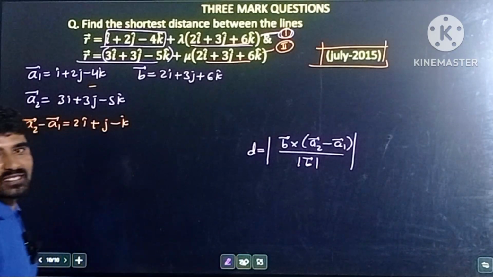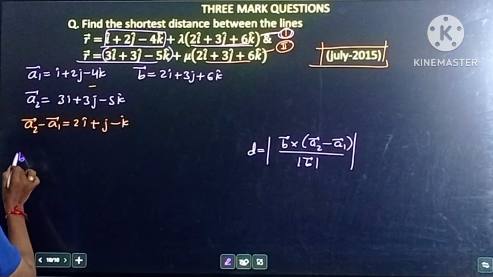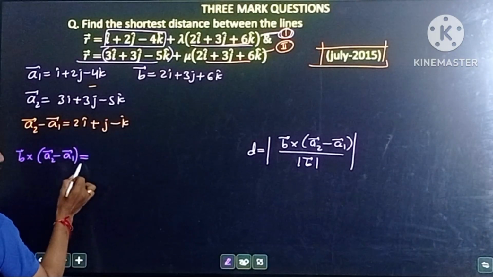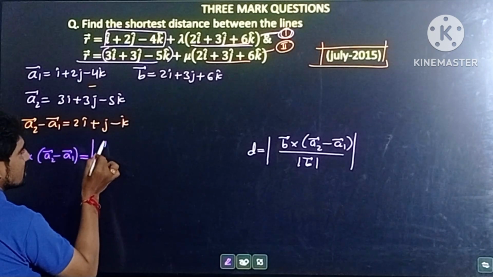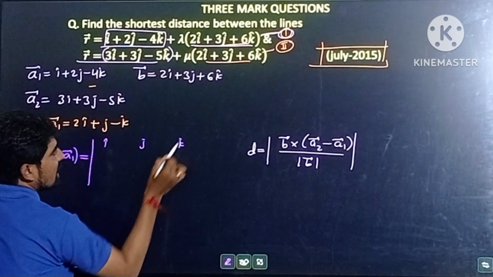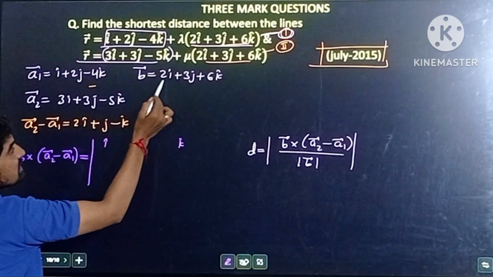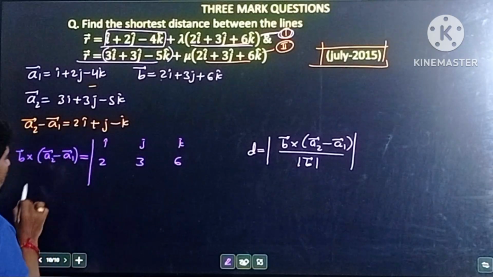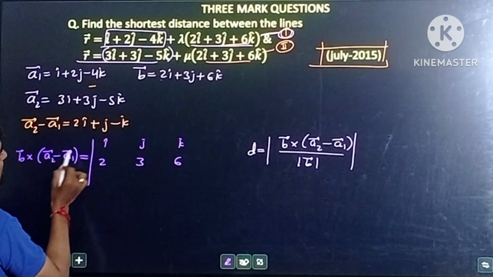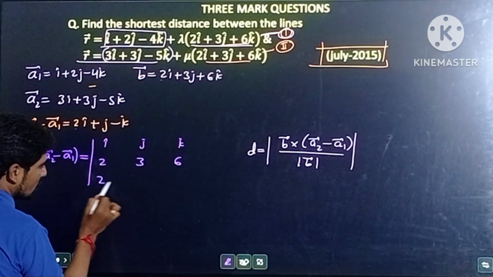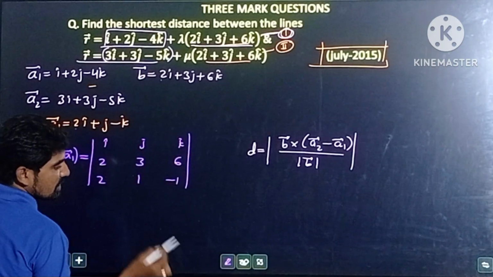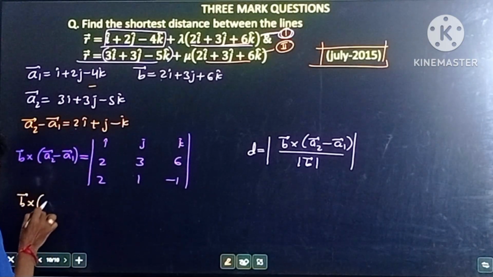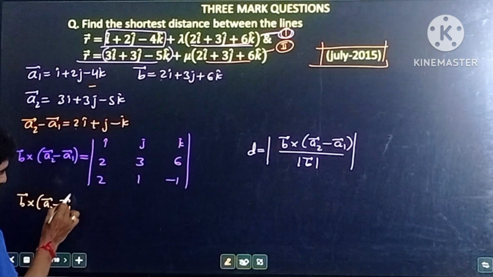And then we need B vector cross (A2 vector minus A1 vector). Now, B vector cross (A2 vector minus A1 vector) is equal to the determinant whose first row is the unit vectors i, j, k, second row is the coefficients of i, j, k in B vector: 2, 3, 6, and third row is the coefficients of i, j, k in A2 vector minus A1 vector: 2, 1, minus 1. So hence B vector cross (A2 vector minus A1 vector) is equal to